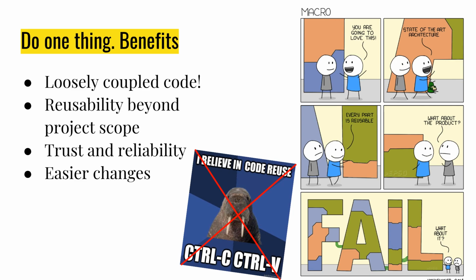When you follow those rules of a function doing one thing and doing it well, you somehow can trust that a function will not fail and that it will not have any side effects. You gain reliability and trust in your and others' code if you know that someone else followed the rules. And of course, when you need to add a single step, or when you want to change something in your existing code,